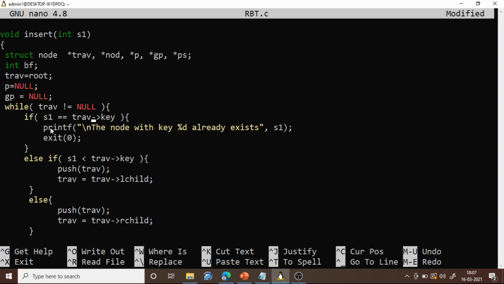If S1 is equal to traverse arrow key, S1 is the new node that we want to create. At first traverse is pointing to root node. So if it is equal to root's key, then we say that the node with the key already exists and we exit. Otherwise, if that is not the case, then check whether S1 is less than the key value